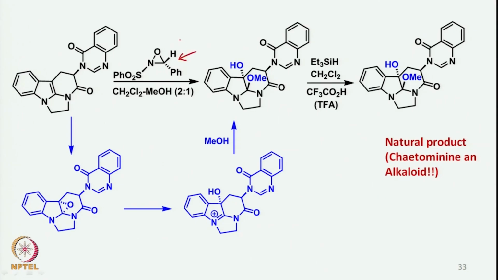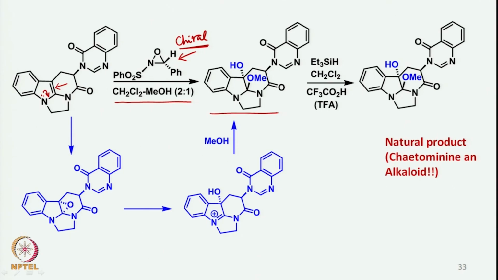Here one can take even a chiral substrate, for example of this kind, and when this is reacted with an olefin of this kind, which is a highly electron rich olefin like an enamine, what is formed under these conditions with dichloromethane and methanol is a final product, which is basically this,